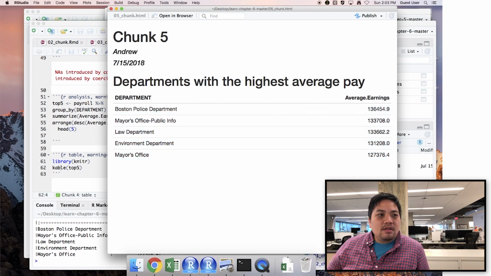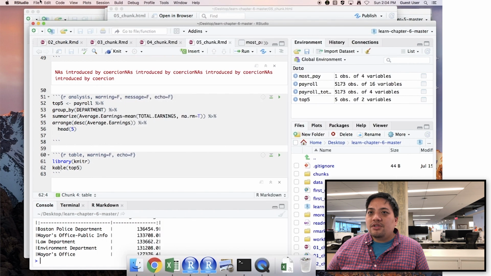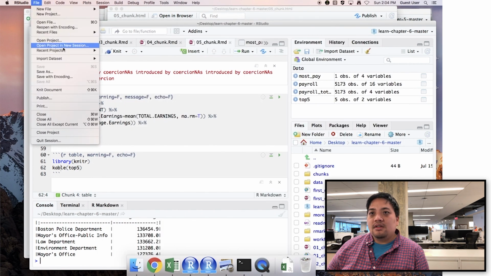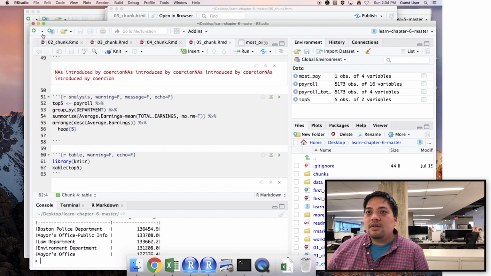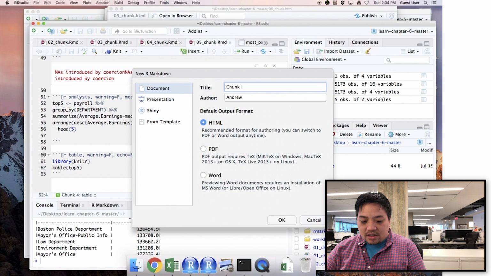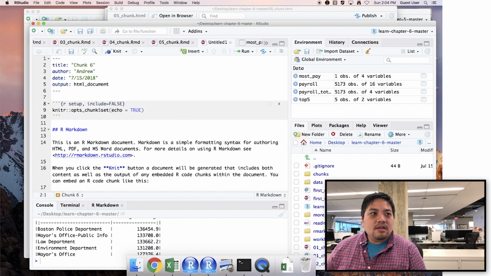All right. Okay, so another thing I want to show you is how you can kind of change the theme. So let's create a new chunk. Theme as in colors and fonts and stuff. And you can customize this. So let's do a new markdown. Call this chunk, we're on chunk 6 now. And so there's options automatically in the theme from Bootswatch, like default is default, cerulean, journal, Cosmo, and then